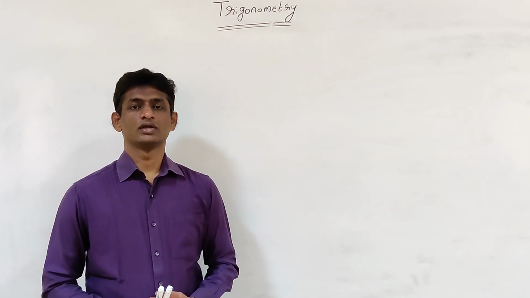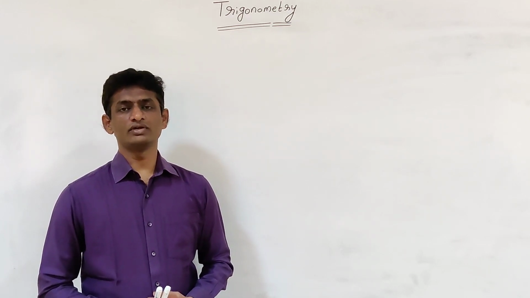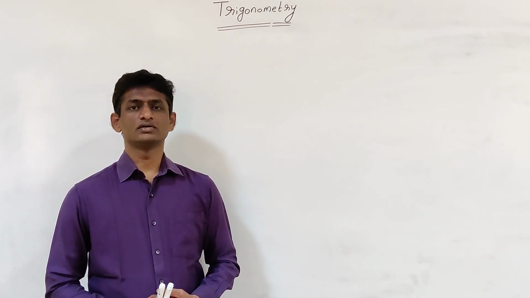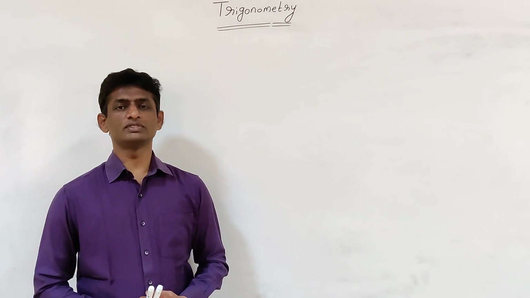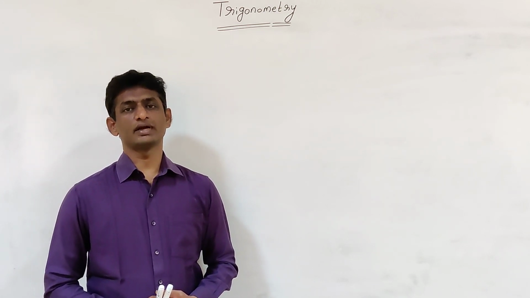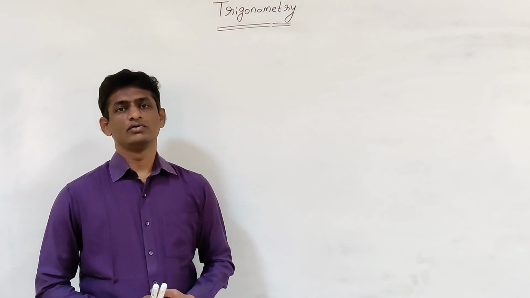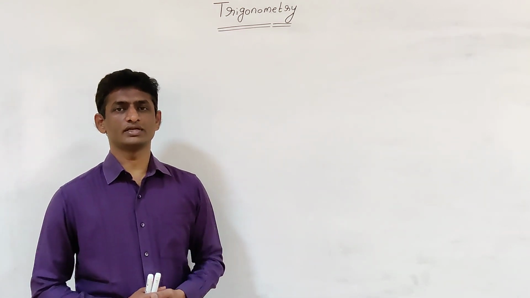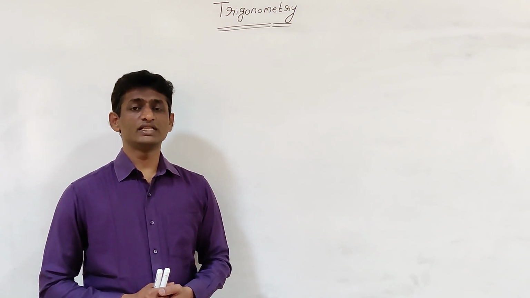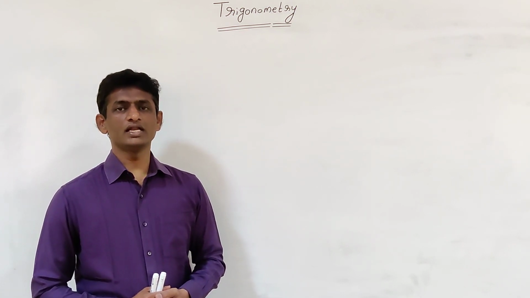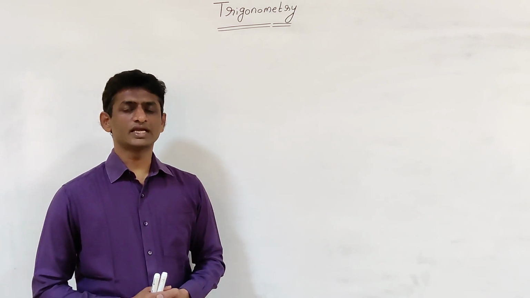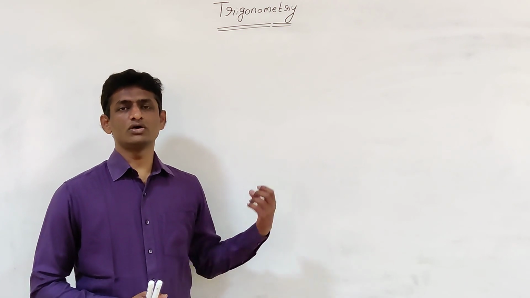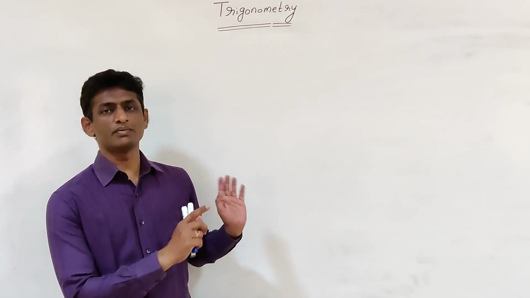Hello students, in the previous session we discussed the trigonometric ratios for 180 plus theta, 270 minus theta, 270 plus theta, 360 minus theta and minus theta. Now in this session we will go for the tabular column for all the trigonometric ratios, where the angle may lie in the first quadrant, second quadrant, third quadrant or fourth quadrant. Depending upon the quadrant, we will see all the trigonometric ratios in one table.